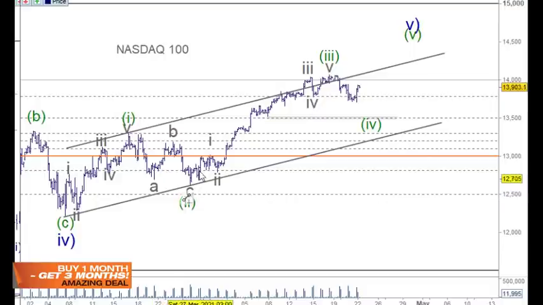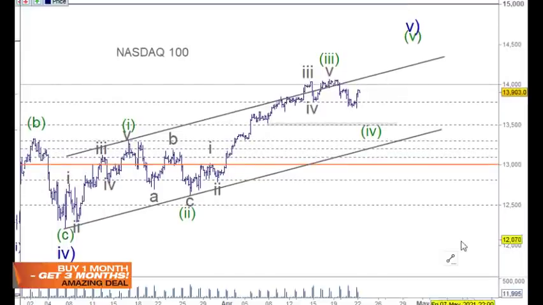Yes, it was probably a little bit large compared to wave 1. And the guideline of alternation would have, well, we could look at this as being complicated because it's so large in relationship to wave 1 here. And that would make wave 4 simple, because normally we'd say wave 2 is simple and sharp and wave 4 is sideways and complex. But look, it's not over until the fat lady sings, so I think that we just